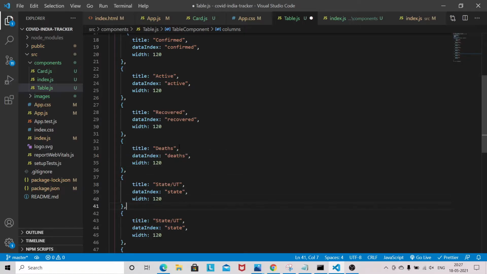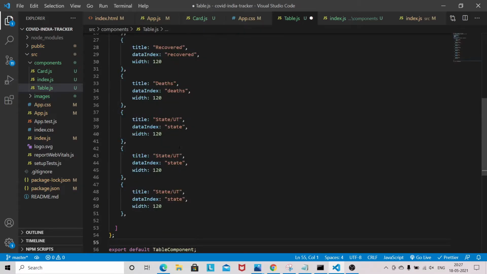Now we also have to show the daily confirmed cases. So daily confirmed, this will be delta confirmed. This will be daily recovered, delta recovered.